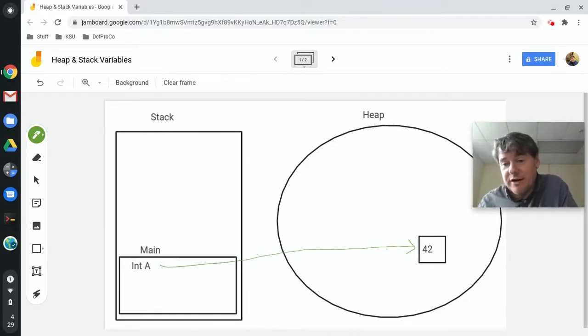It's obviously dependent on how much RAM you have. Part of this is what explains why sometimes you try to run something and your program crashes and it says out of memory. It probably means you ran out of heap space or you ran out of stack space. Either one is possible. And you'll see as we get into recursion that stack space is a lot more common when you're in recursion, because you could create many calls to a function, and that could quickly eat through the